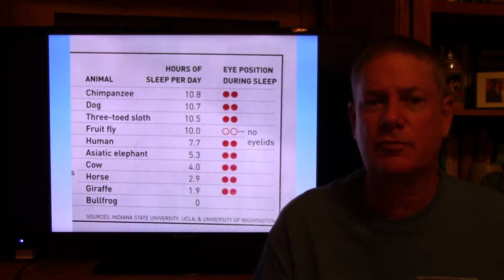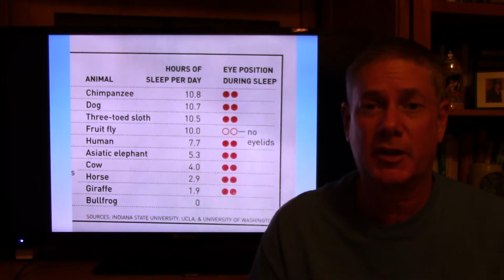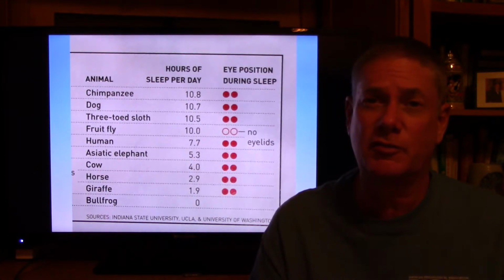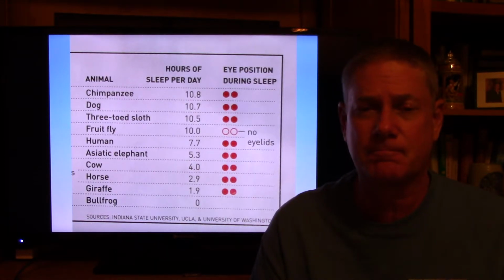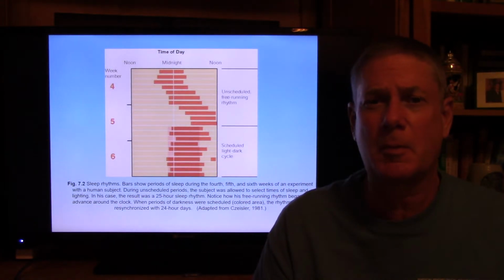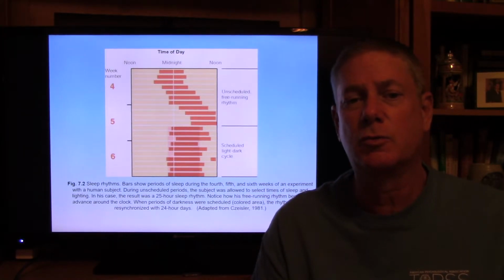And chimpanzee, dog, fruit flies actually have no eyelids, so they have no real technical eye position during sleep. And then the bullfrog also joins the dolphin with not having any sleep needs at all. This slide complicates things for people because when they look at it, we don't really understand it with regard to